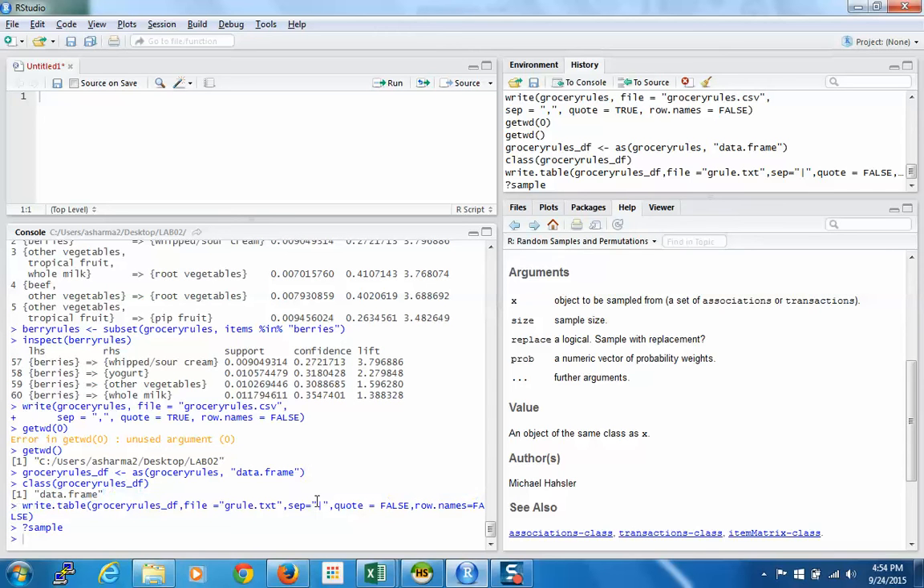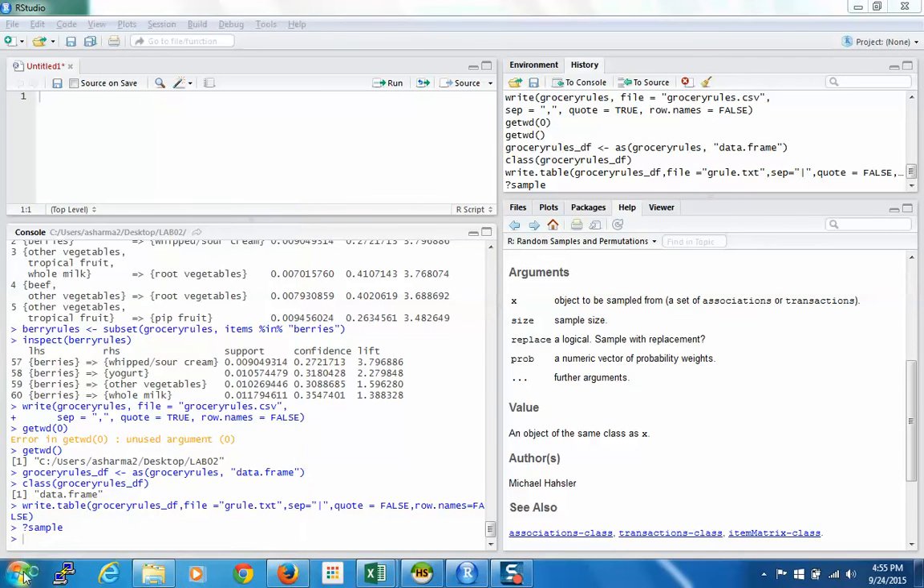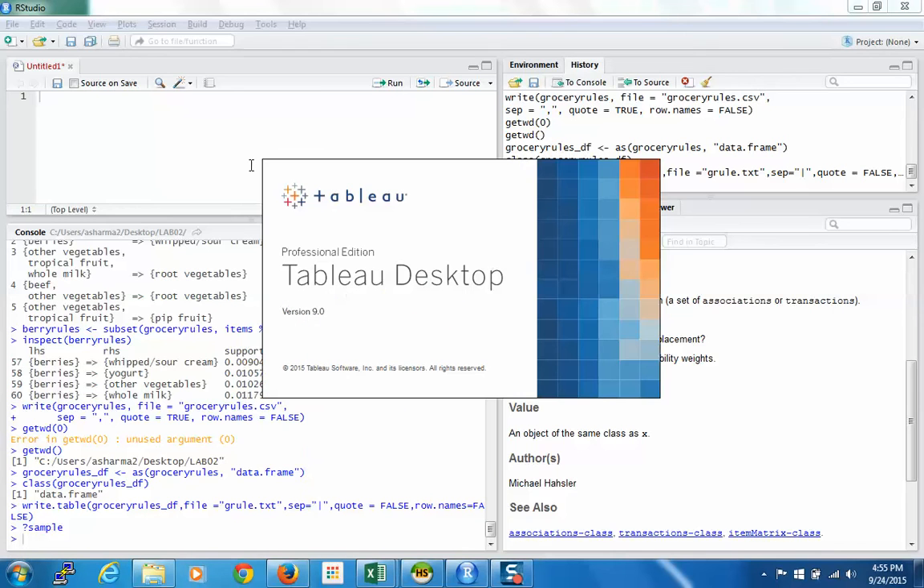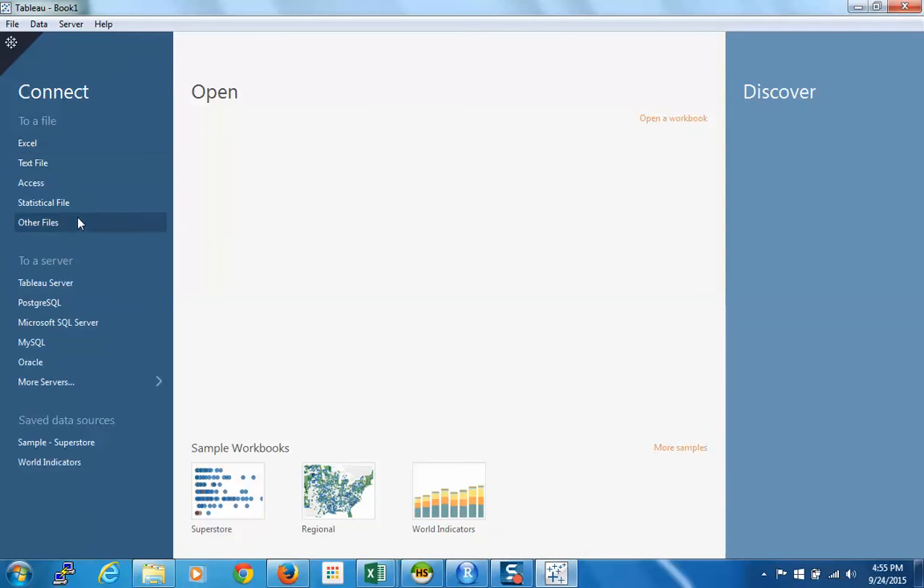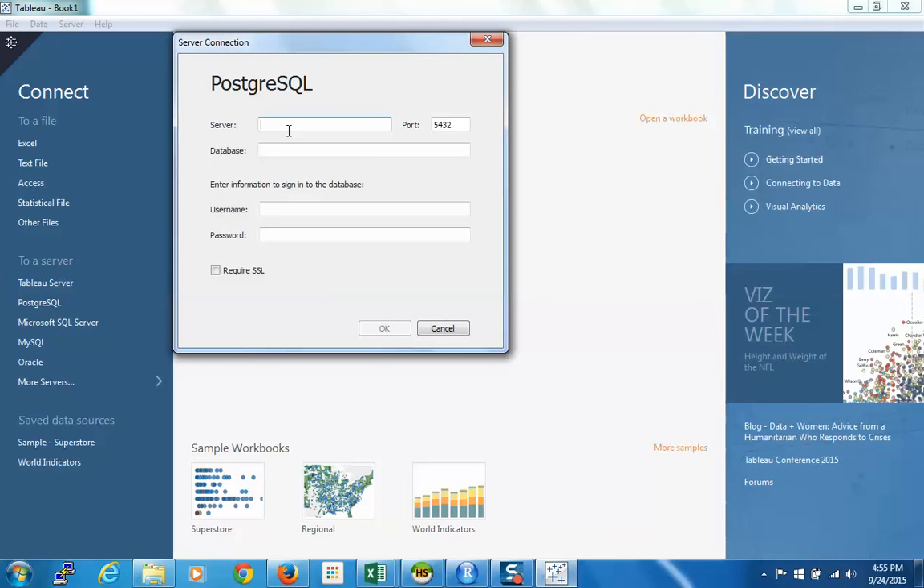So in order to find out whether the data follows a Zipf distribution or not, a quick way is to use Tableau, and it gives some beautiful visualization. So that's another good thing about Tableau. Now in this case, we'll connect to the PostgreSQL server. I was trying to do that in the class, and I was having some issues on the machine that I was working on. So in the server, I will type